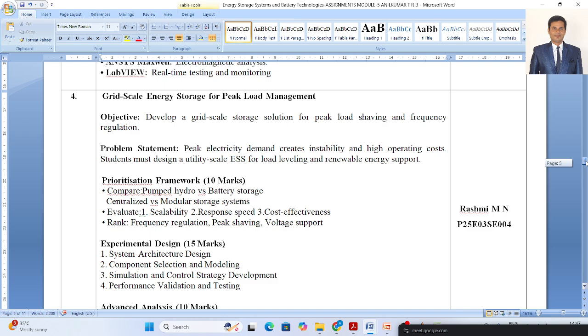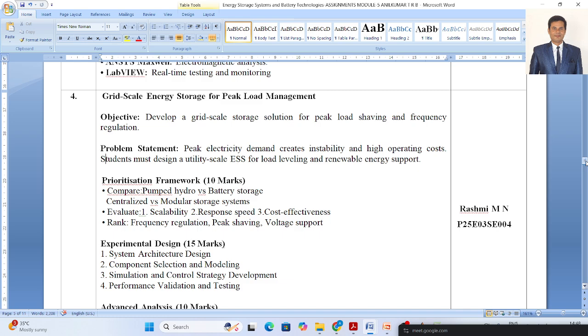In centralized and modular battery storage, what is happening in each, the response time, you have to check and see the cost effectiveness whenever the peak load comes. Within each of the two grids, how much load is coming, and what is the pricing cost for charging your battery and providing supply from the batteries to the consumer, right? It may be centralized or decentralized battery storage. Please check with different models, creating two different grids, hydro versus battery storage.